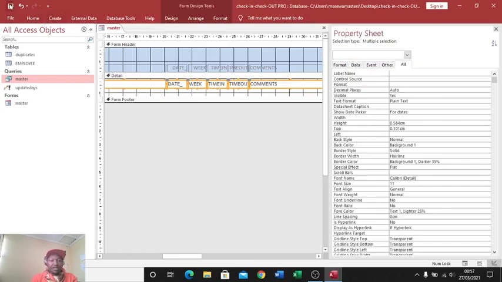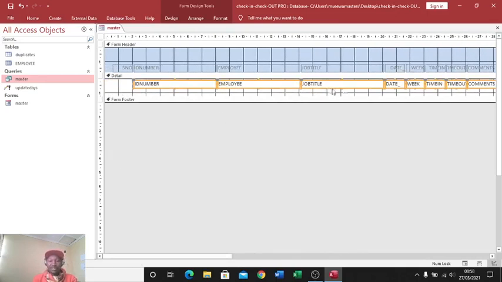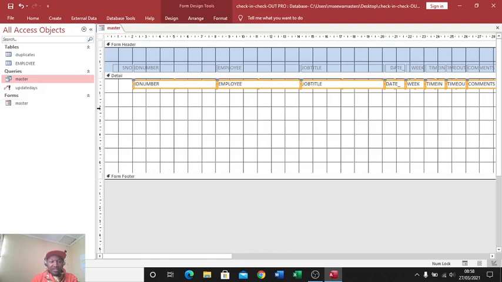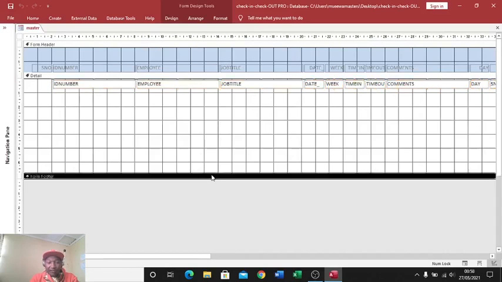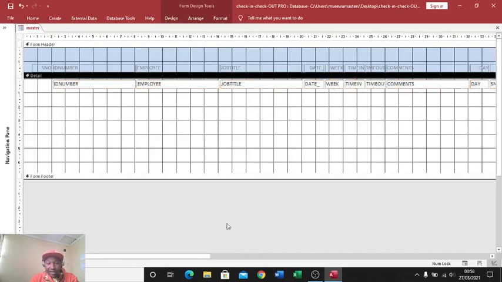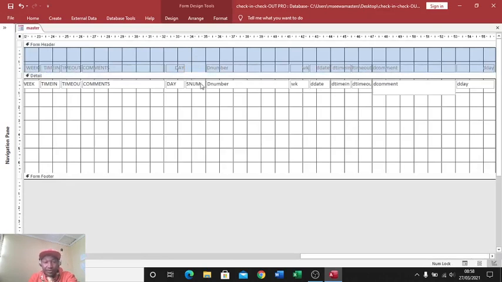Good, there we are. Therefore you can realize that all our text boxes have taken that height because that is whatever I wanted. Now, ladies and gentlemen, let's format and edit our form to look exactly the way we want. Therefore, I want to bring these fields from here. Can remove this. Can remove this. I want to bring these ones